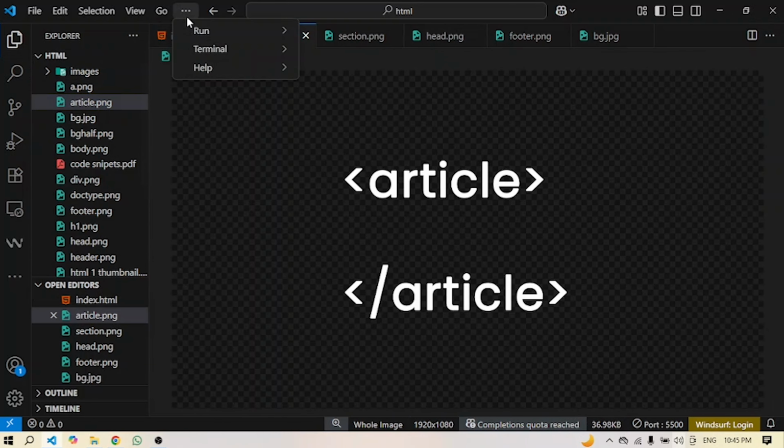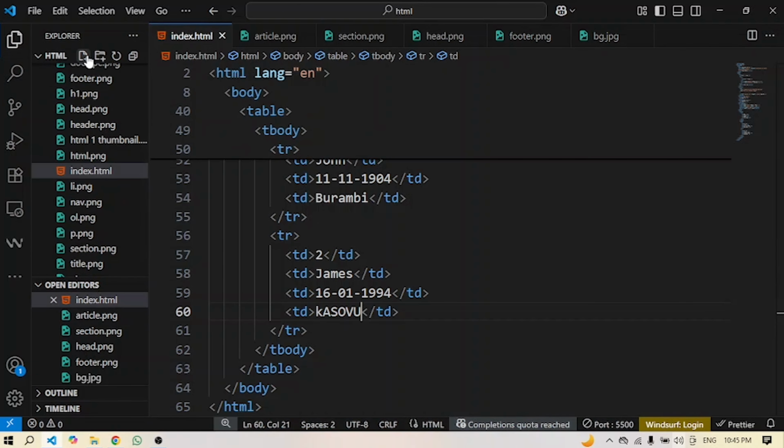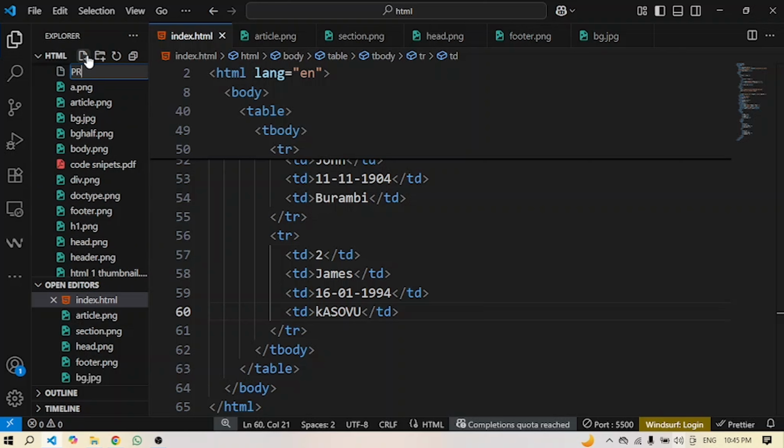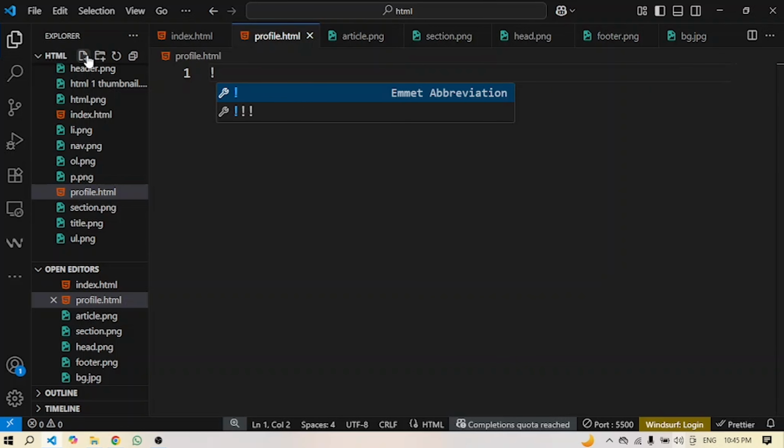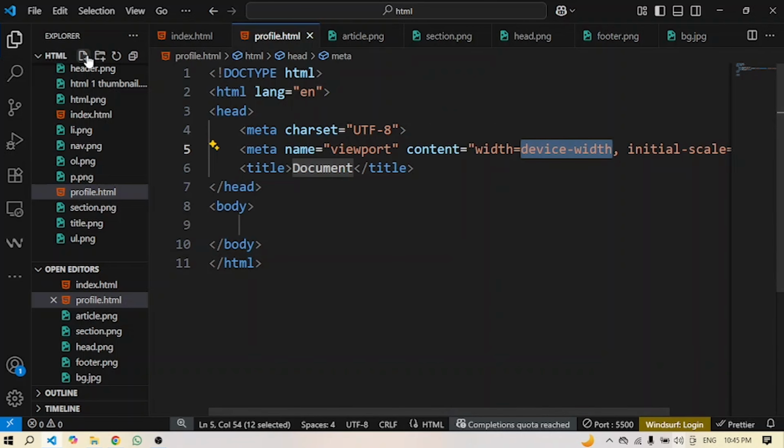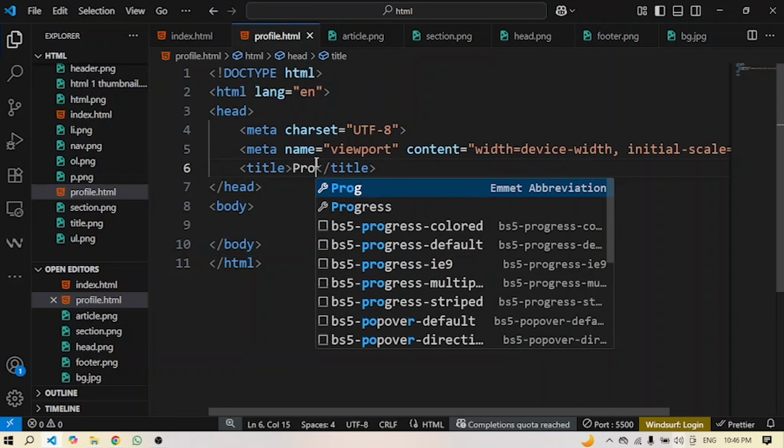Okay, in our folder we create an HTML page called profile.html, right? So remember I said when you press Shift 1, you put an exclamation mark, and press tab, then you get what we call an HTML boilerplate, so you don't have to type everything from scratch. So the page is called profile page,